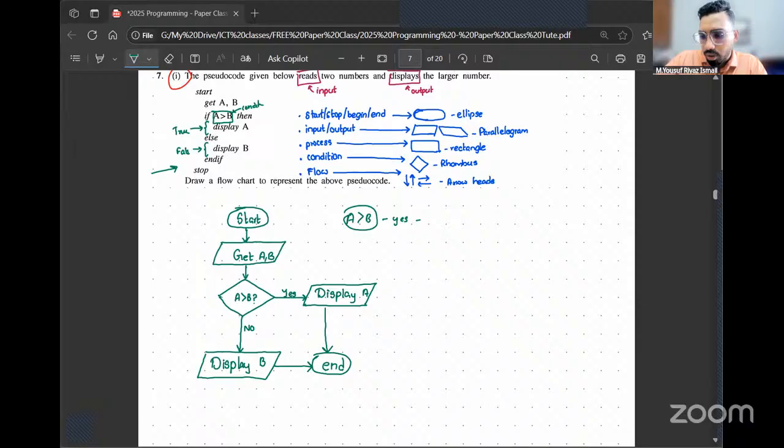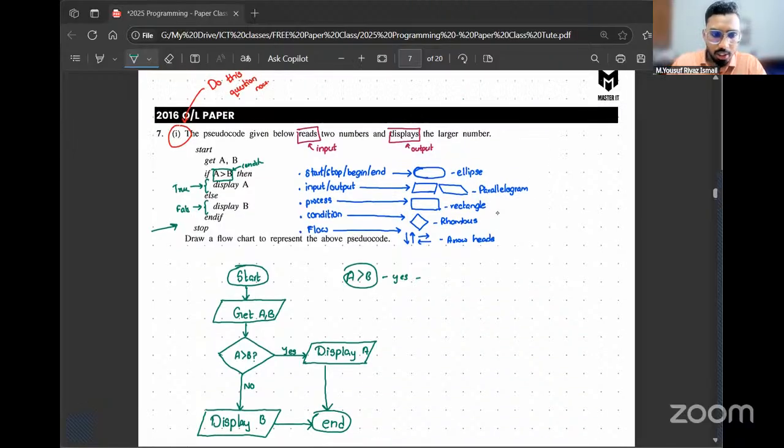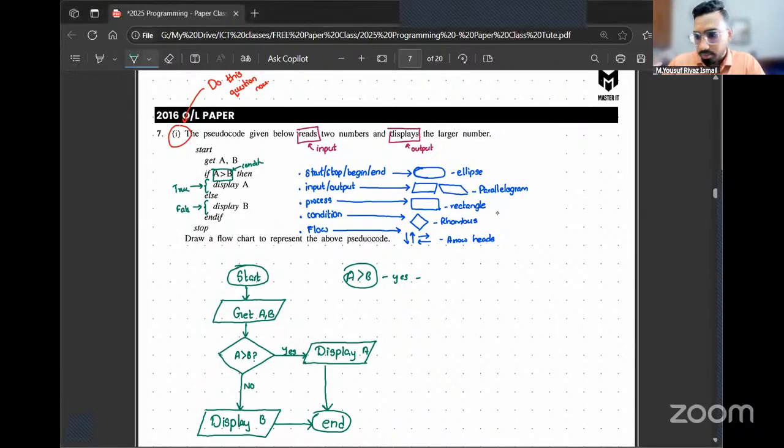How many of you got this correct? Raise your hands up. Others, those who have any questions, drop them in the chat. Those who have any mistakes, do your corrections. Again, my shapes are not proper because I just did it on the computer. But when you are drawing, make sure to draw the shapes precisely using a pencil and ruler.